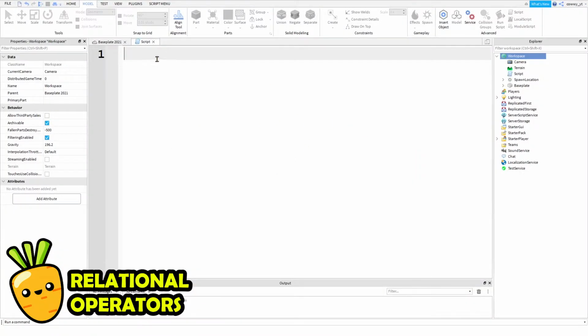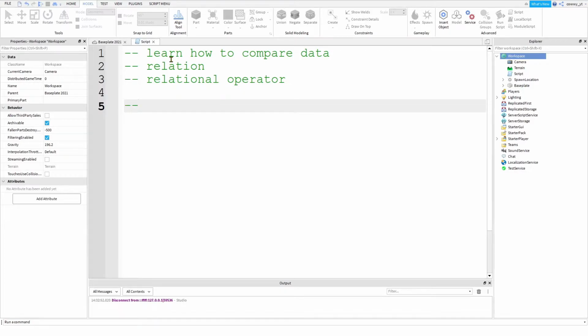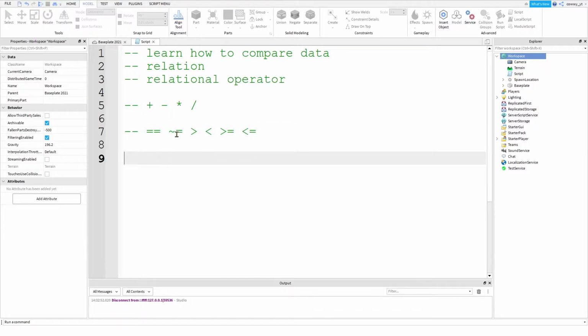So how exactly are we going to make the computer make decisions for us? Well, the first thing we need to know is how to compare data, which we call relation. And the way we do that is to use relational operators. Similar to math operators where you use plus, minus, multiplication, and division, relational operators use symbols like these: equal, not equal, greater than, lesser than, greater or equal, and lesser or equal. Again, this is not a math class, although it does closely resemble it. So we're going to use these operators to make comparisons between data